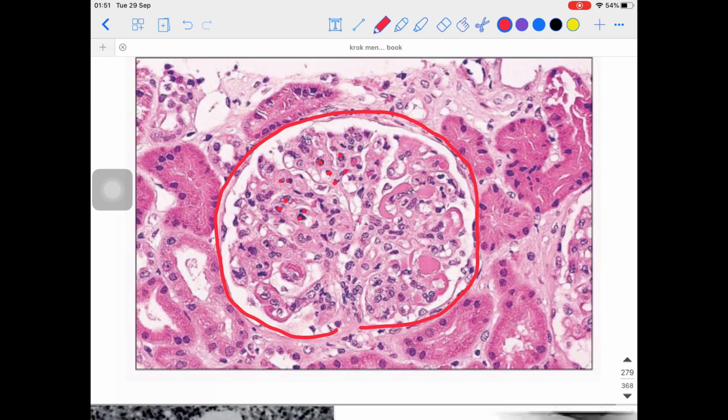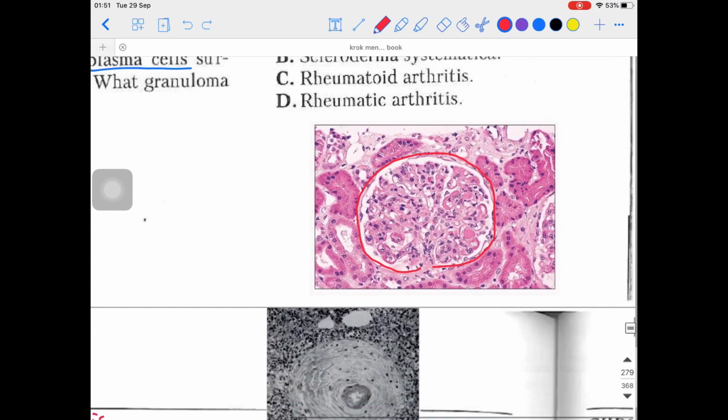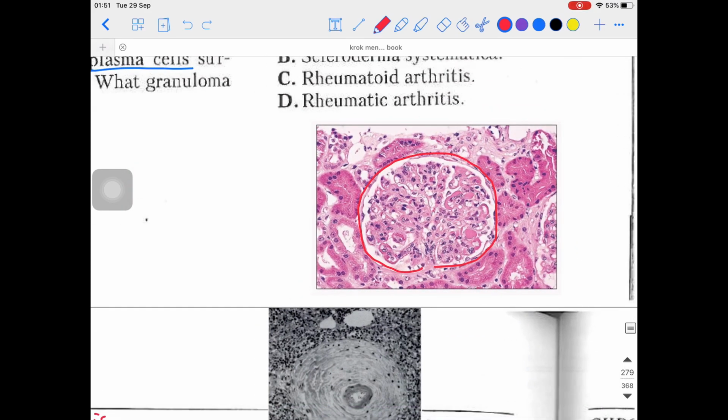Or you can remember it with the help of this: it actually looks like a wire having so many loops. That's why we are calling it a wire loop lesion. So you can remember it like that as well. This is the appearance of the wire loop lesion. What is actually happening? Hematoxylin bodies are phagocytosed by macrophages and neutrophils, and we get this kind of structure. This is the wire loop lesion, also called a lupus cell. Actually seen in where?